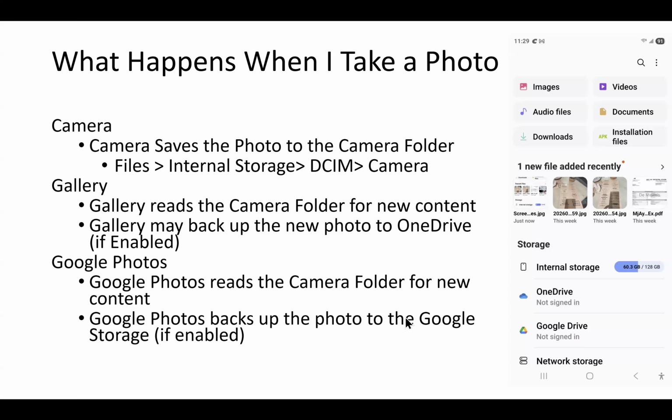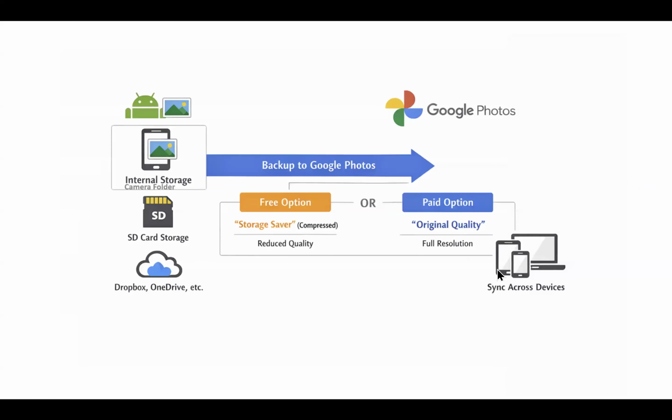On any new phone that you get, the Google Photos backup feature is turned on by default. A lot of people don't know that, but it's doing that. So it's filling up your Google storage, and it could cause your storage to fill up and